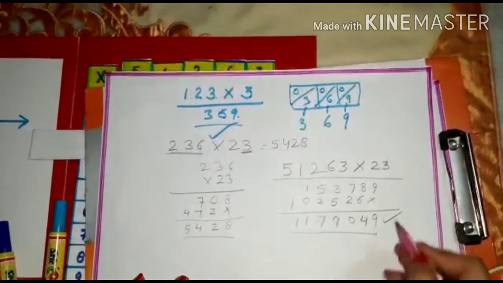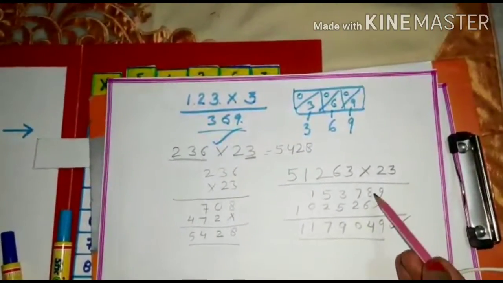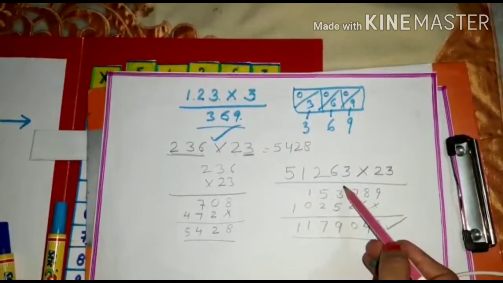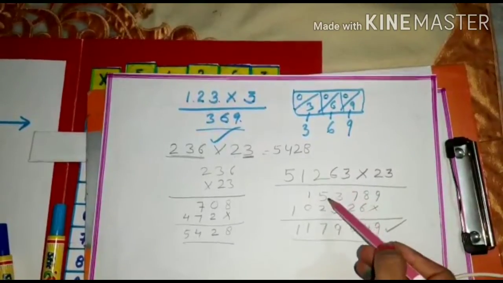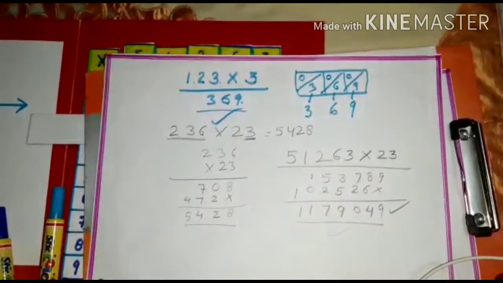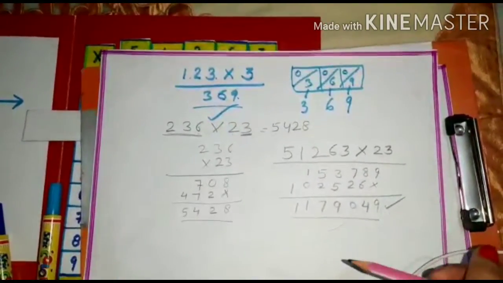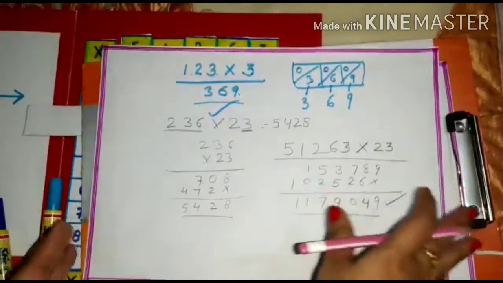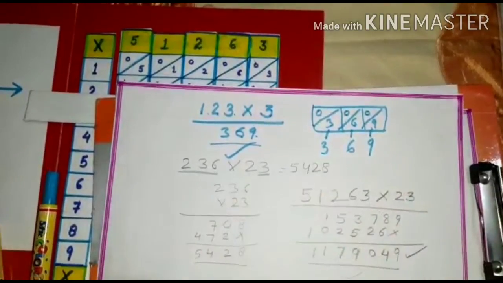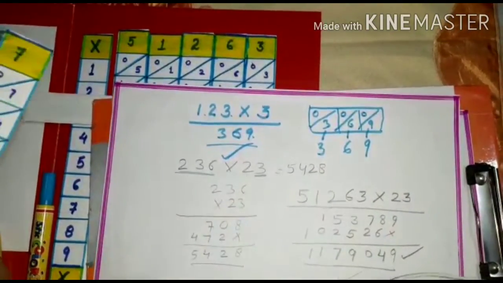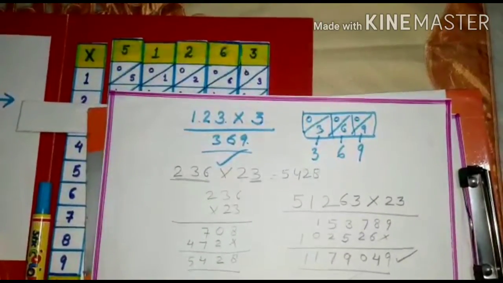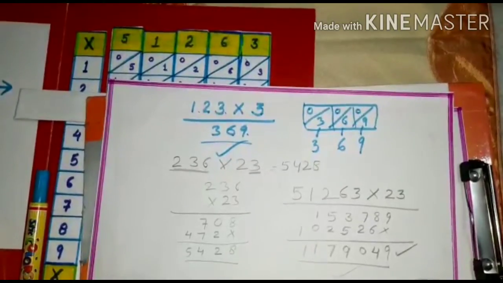9711. You may check your answer. I'll repeat. 9, 14, carry 10, 1, 8 and 1 is 9, then 7, 1, 1. Now you may check with the help of a calculator or by your own calculation. So this is the way you are going to find the multiplication of any numbers by 2-digit, 3-digit or 5-digit numbers. So enjoy the activity.